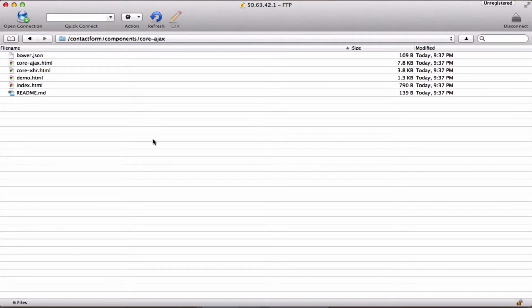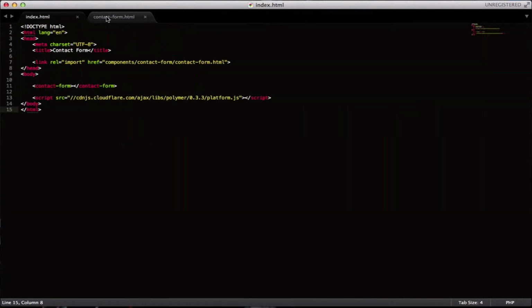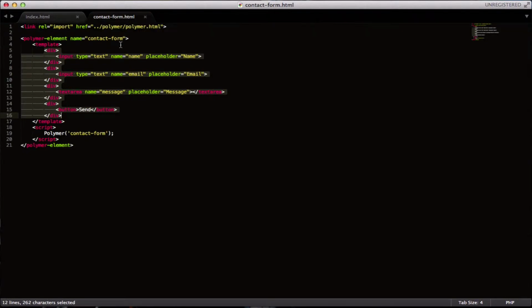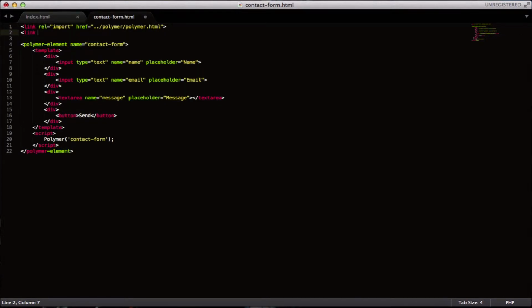So in order to use core-ajax, we need to go back to our contact-form.html file. And just like we did with this polymer.html file, we need to add a link element. Set the relationship equal to import and set the reference equal to core-ajax/core-ajax.html. And now we can use the core-ajax element inside of our template here, just like we would any other